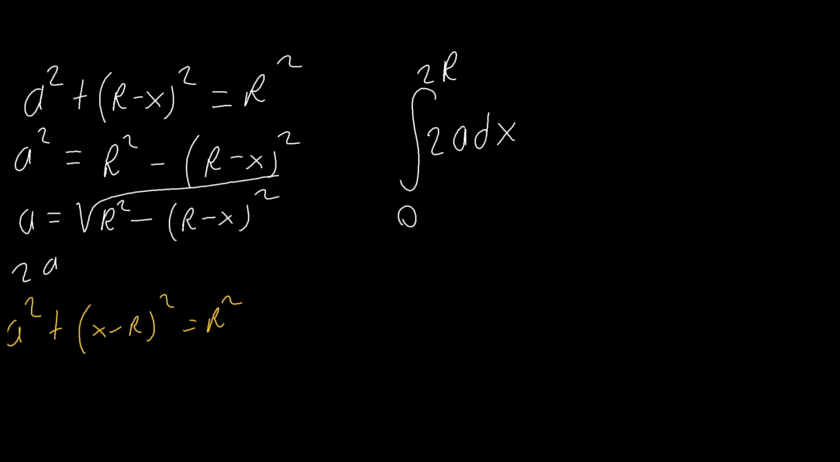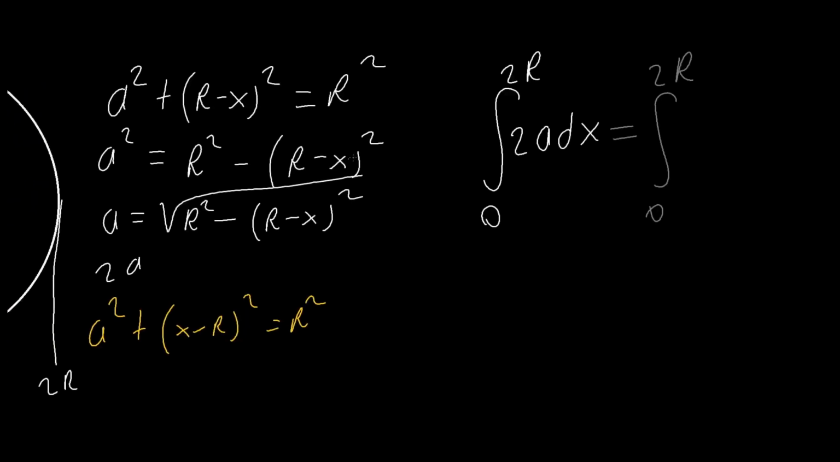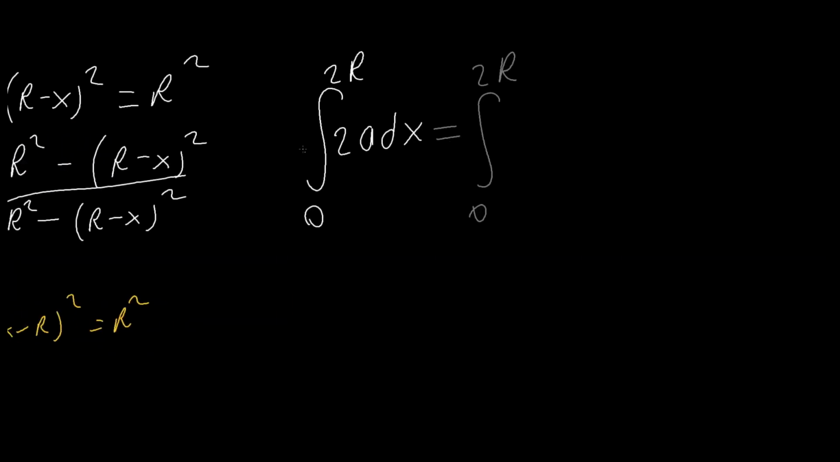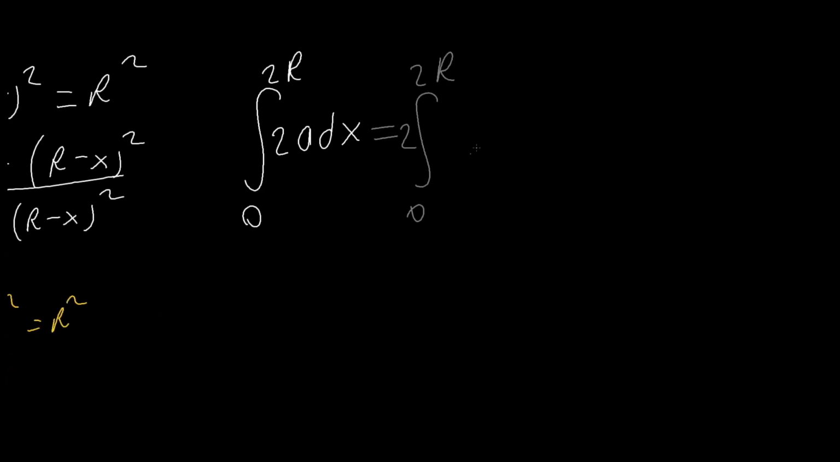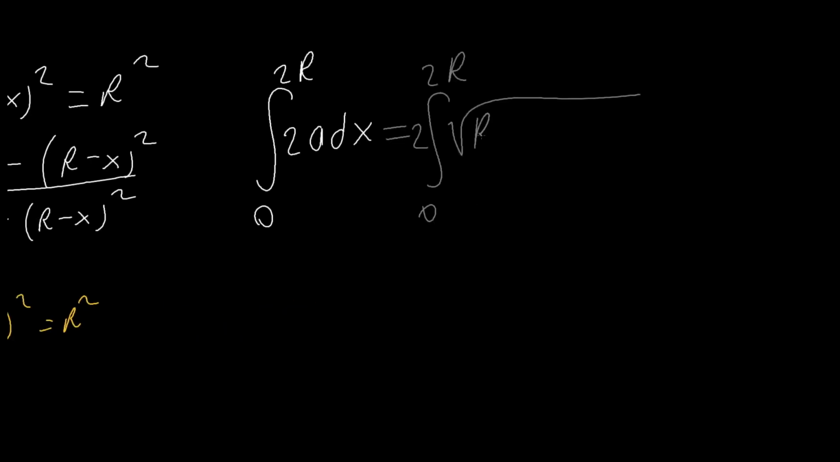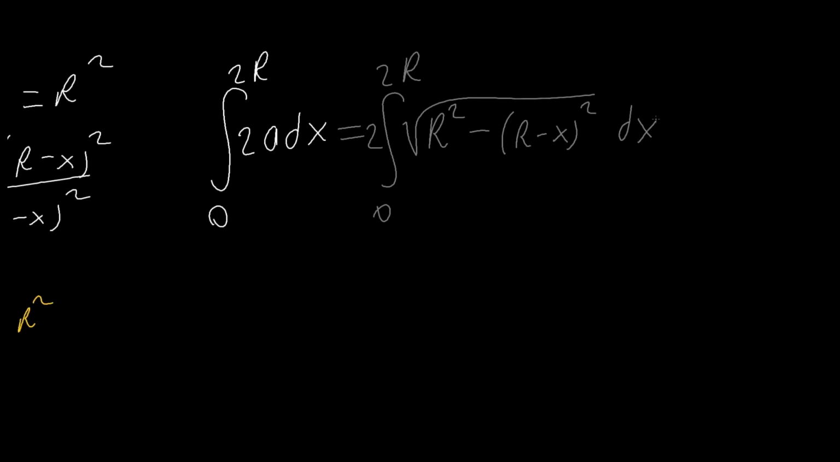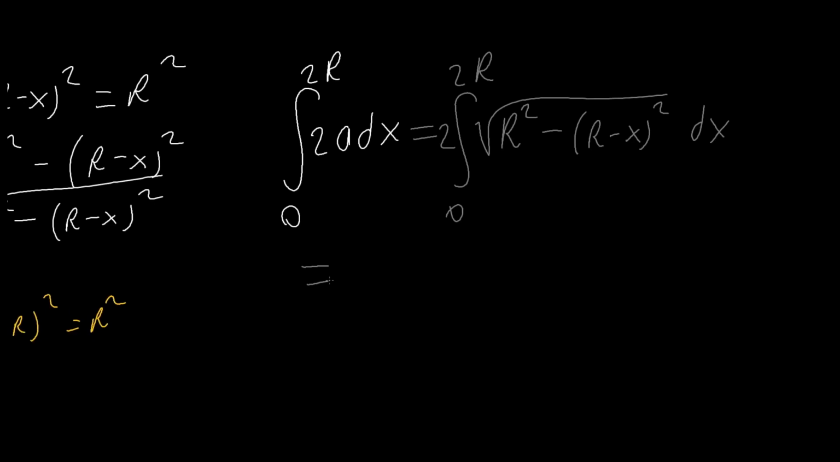let's use another color. Okay, let's use this one. From 0 to 2r, and so let's take the 2 outside of our integral. Instead of a, let's use this expression, r squared minus r minus x squared with respect to x, which can then be simplified to,